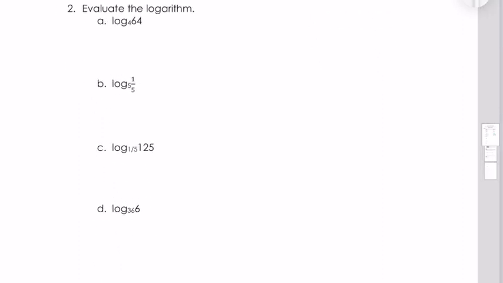For number 2, we're evaluating these. So 4 to the power of what equals 64? And this would be 4 times 4 times 4. So that would give us 3. So there's obviously no x in letter A, but that's what the log means, is 4 to the power of